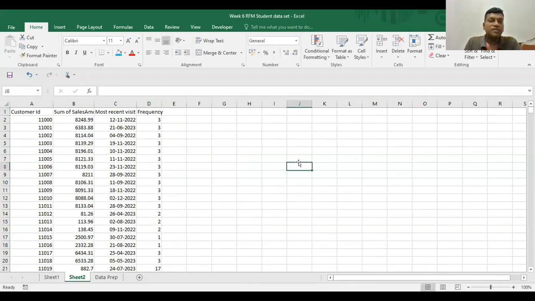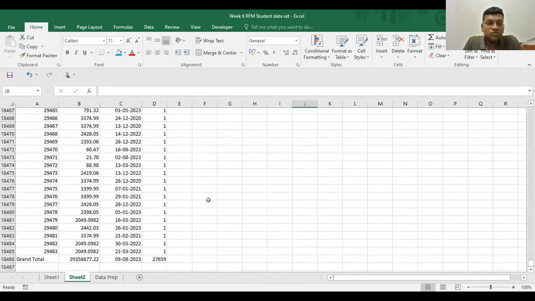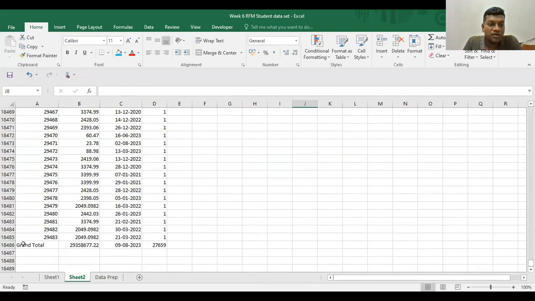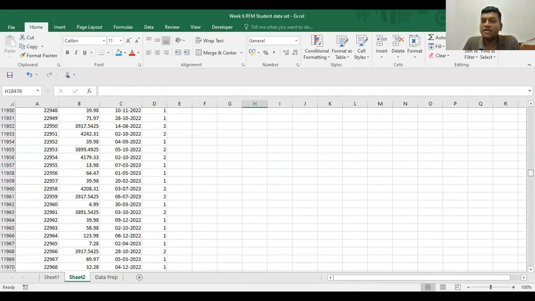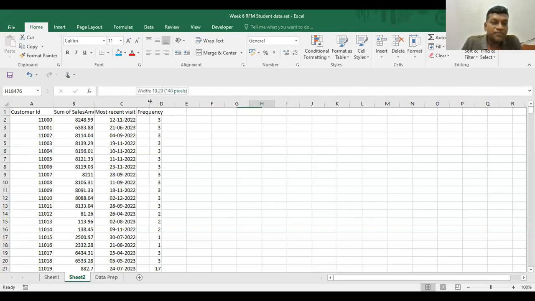All right, so I don't need the last row here because it's picking up the grand total. It could actually mess up the rest of the formulas which I might use, so I'm getting rid of that. So we have cleaned up the data a little bit. Okay. Now I have the most recent